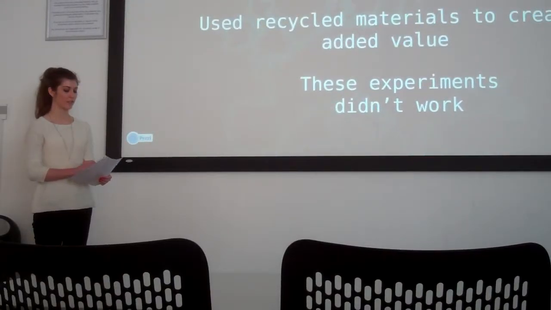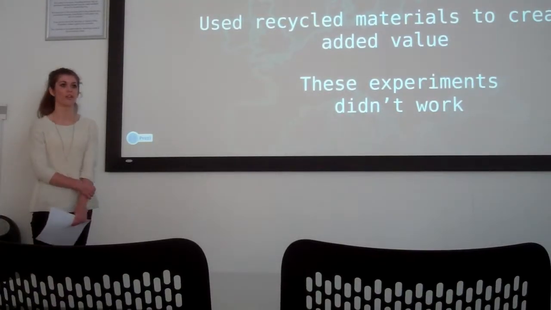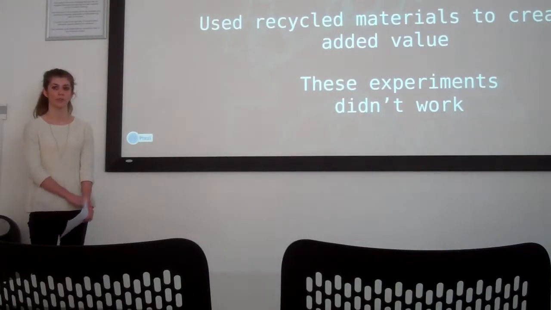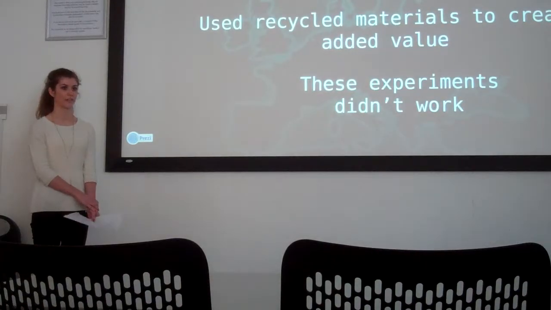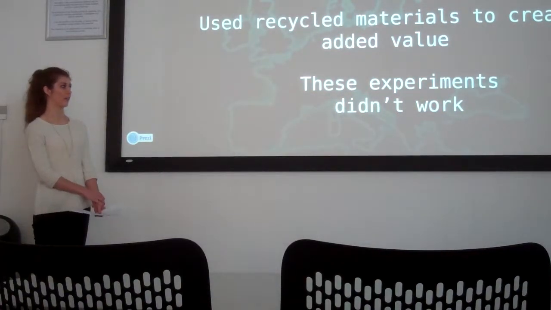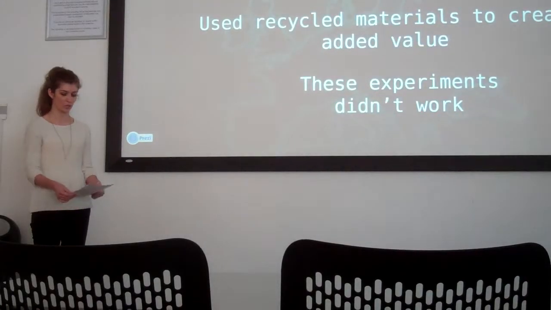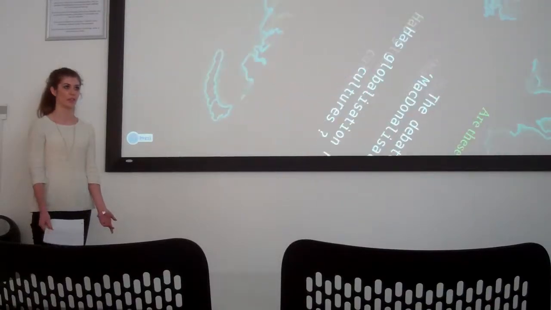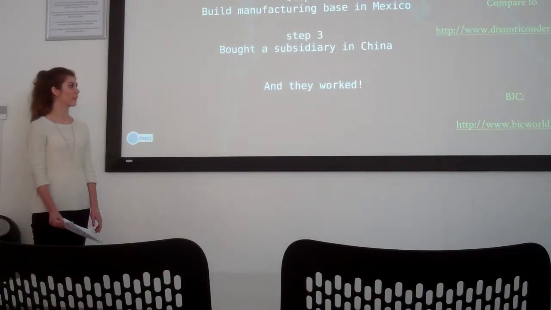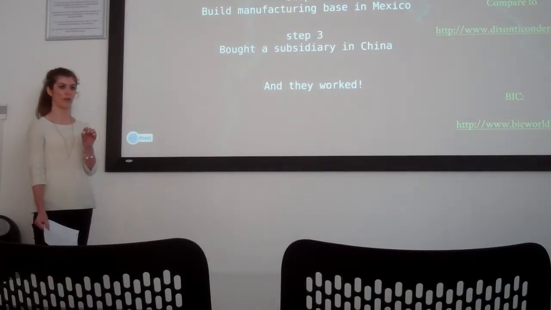Then Dixon started to experiment with new materials. They used cheaper recycled materials, which would appeal to a certain market, as people were looking at ways to recycle and save the planet. But this still wasn't suitable, so they chose cheaper materials from Indonesia. Then they started to embrace the change of globalisation, accepting that it was happening and they couldn't do anything about it. They also changed their pencils, getting the rubber on the end of the pencil